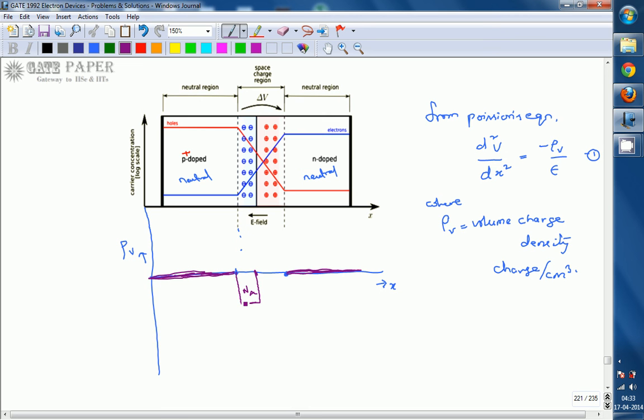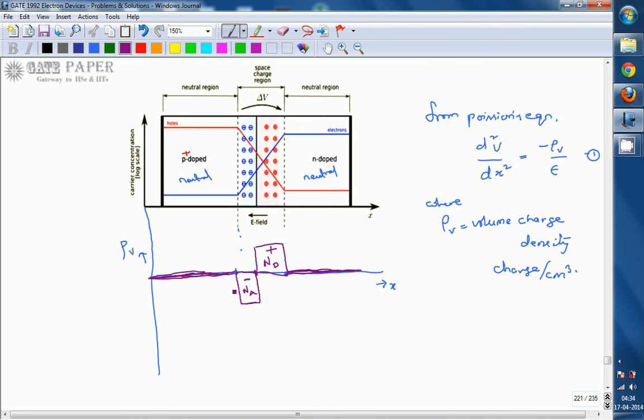so we are representing it on the bottom side. Bottom side is the negative side, and on the n side we may get at most Nd number of ions, because Nd is the donor concentration which is added to get the n side semiconductor. So you may get at most Nd number, and this side is plus, this side is minus. So this is a charge density.